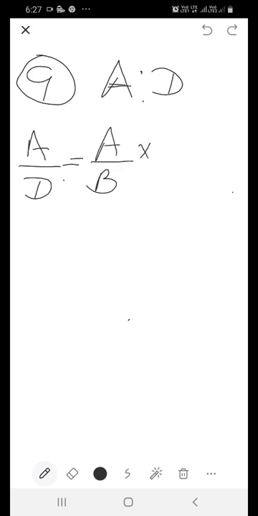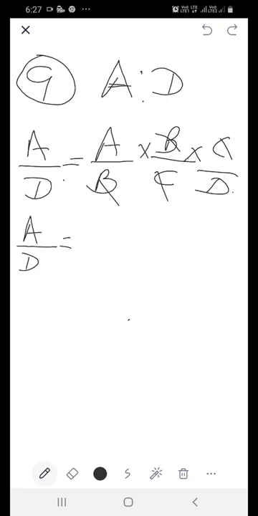In order to find A is to D, you see that the ratios involving B and C are not required. So out of the given ratios, how can you find A is to D? A upon D is equal to, in other words, if I take the compounded ratio of all the given ratios, you are going to get A is to D, because B cancels out, C cancels out, and you are left with A is to D only. So in order to find A is to D, multiply all the given ratios.